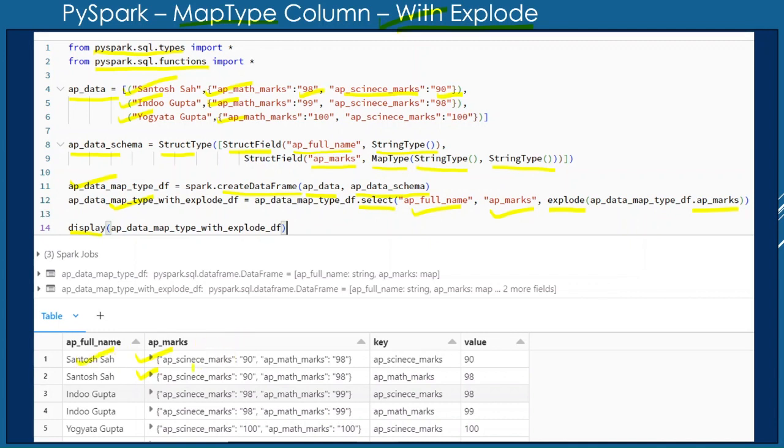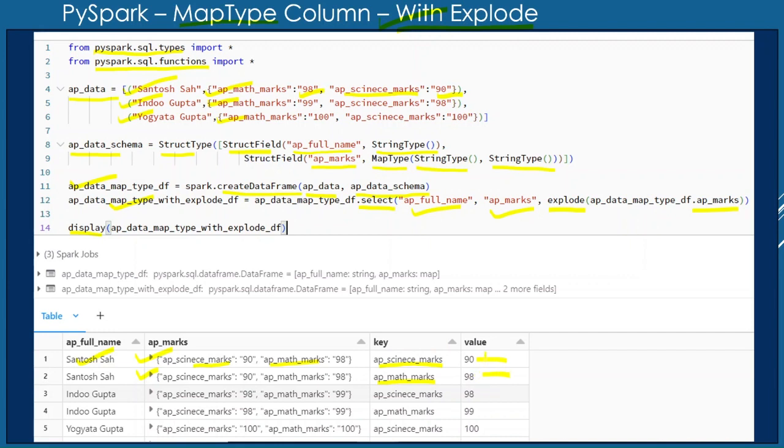One is for AP science marks and another is for math marks. You can see the keys are AP science marks and AP math marks, and based on each key the value is populated.